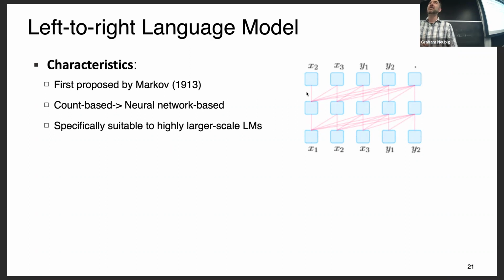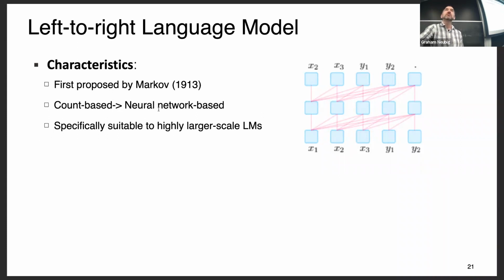Does anyone know what the first language model was used to do? Any ideas? Yeah, it's character prediction on Russian text. So that's good. I got another nice one in Zoom, which is predicting stock, which might have been a lucrative way to make predictions. But yeah, it was next characters of Russian text for the purpose of literary analysis. So actually, the first Markov model was indeed a language model. It was a character-based language model of Russian.